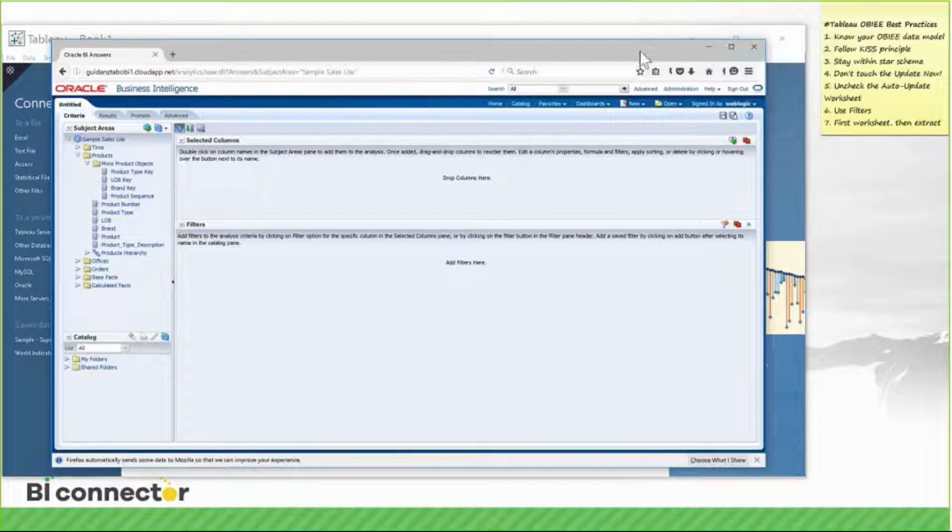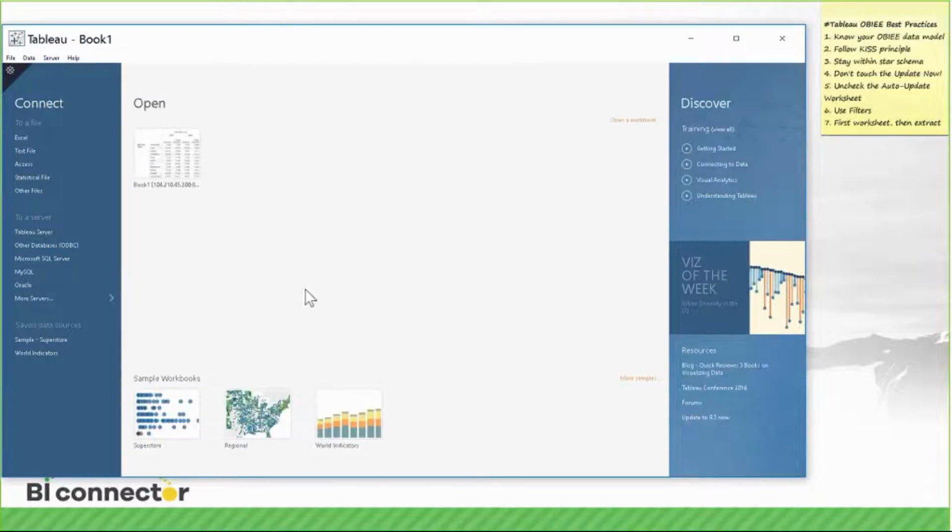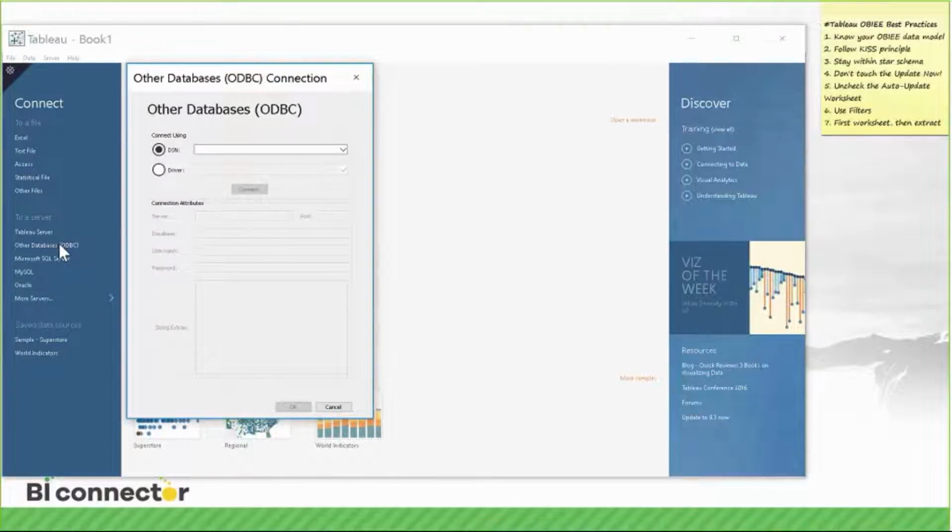Just keep it open. So let's jump to Tableau Desktop. The first step is to connect. How do you connect to OBIEE? We use the other databases option. In this case, this is my PC. I have installed the BI connector on this, and I have created a data source DSN, which is similar to creating an ODBC DSN. So I have the OBIEE connect DSN here, and then I press connect. That brings up